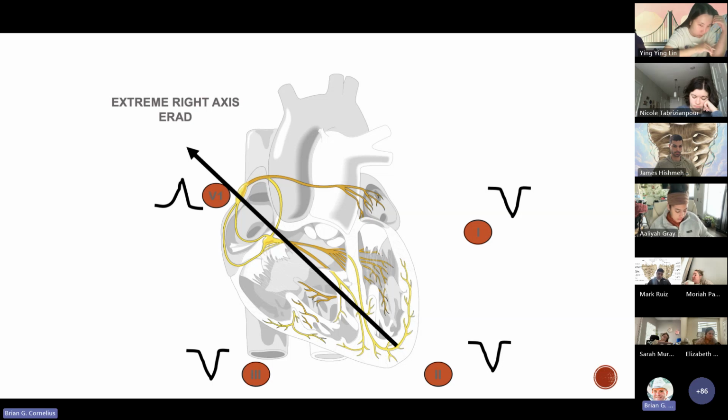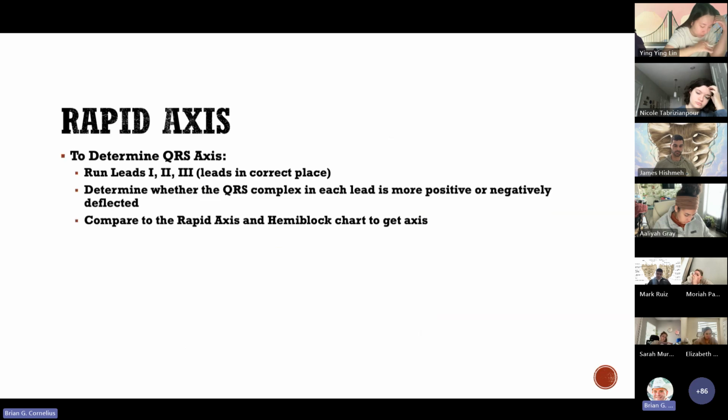If I have a patient with extreme right axis deviation, think about a rhythm that's originating down in the ventricles. I will have negative impulses in lead 1, lead 2, and lead 3. But if I happen to have the ability to monitor V1, I may notice that I have an upright wave there. And like I said, we'll get to that chart in just a minute and it'll make a little bit more sense for you. So things that are important for us to think about when we're looking at axis determination,